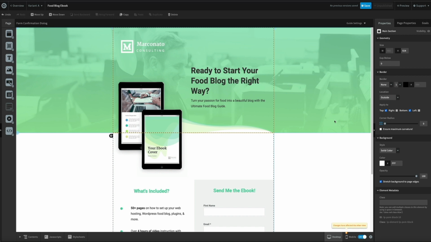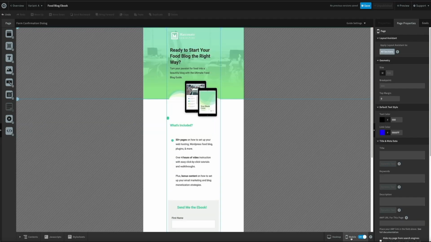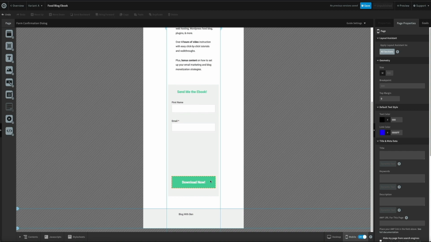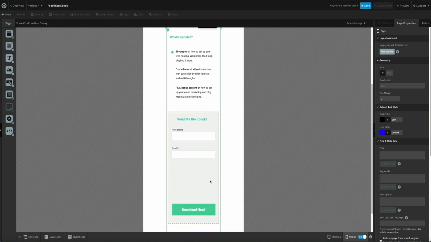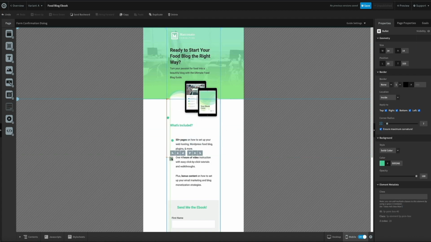Okay, we have our form, but again, since we made changes to the desktop version, you'll want to double check the mobile version to ensure that the changes are aligned and the same. So let's head over to the mobile view by clicking on the mobile tab in the bottom right corner of the builder. And as we scroll down and review the mobile version of the landing page, there are obviously some edits that we'll need to make. Again, this is just a great example of always checking your mobile and desktop views before you launch your landing page. So let me bring these bullet points next to the text